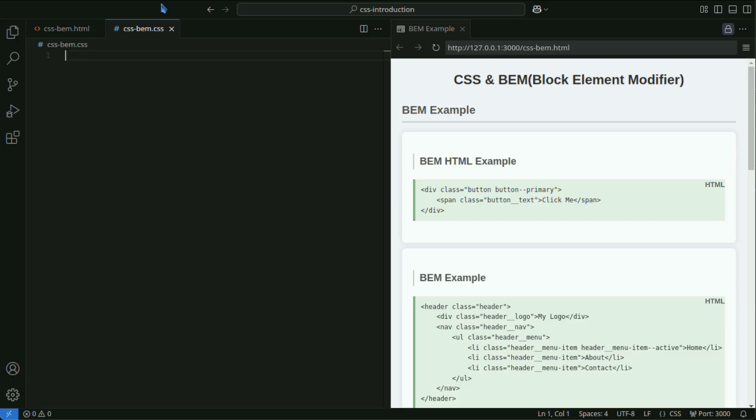Challenges in CSS include the following problems. Global namespace collision. In CSS, class names are global, which poses a risk of collision between different components. Overuse of complex selectors. Overly complex descendant or ID selectors increase specificity, making future modifications difficult. Reduced reusability. Specific styles become harder to reuse in other components. BEM was designed to solve these problems.